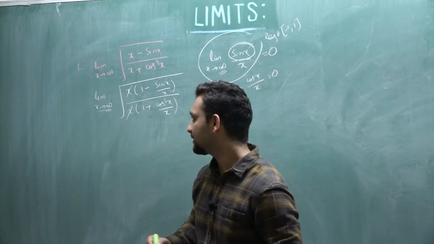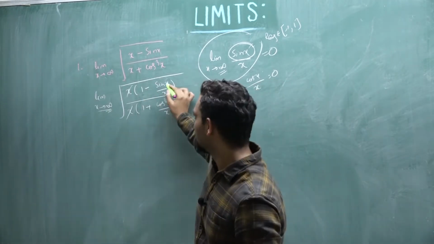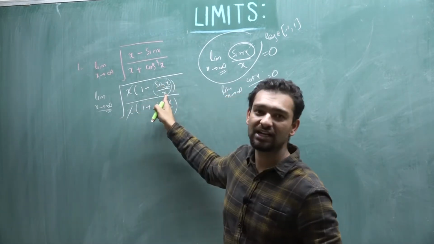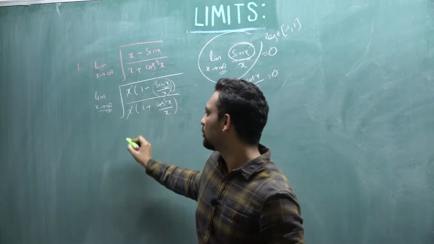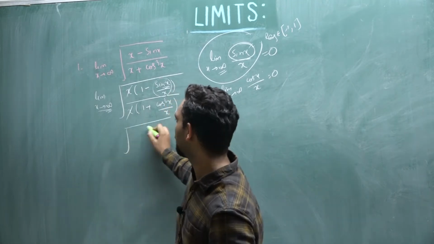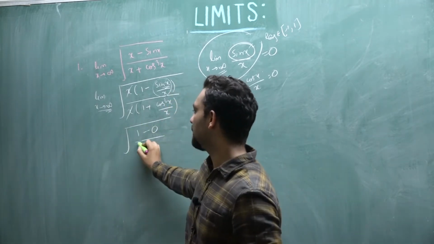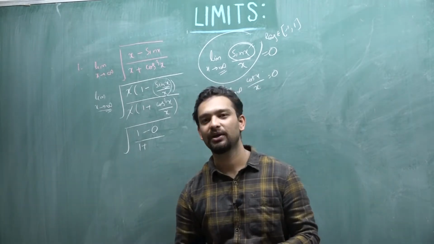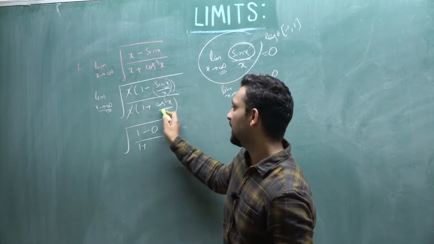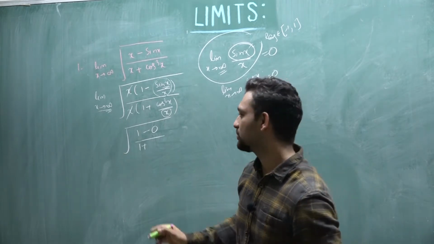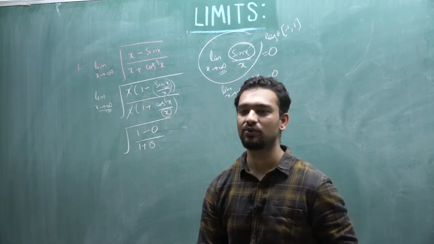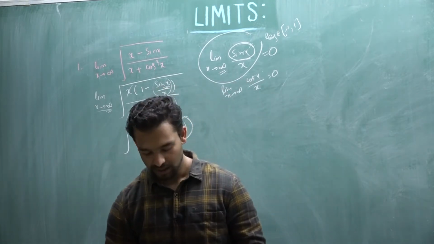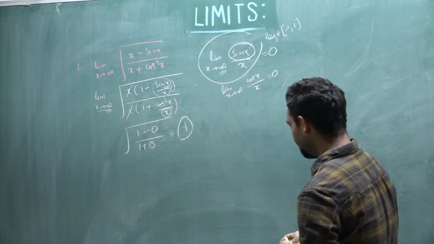So from here, x is tending to infinity, so sin x, any value between minus 1 and 1, by a very, very large value will be tending to 0. So we get under root of 1 minus 0 divided by 1 plus, again, cos cube x, where cos x is between minus 1 and 1, its cube is a finite quantity divided by an infinite quantity, so this will also be tending to 0. So the final answer for this limit will be 1. Clear?